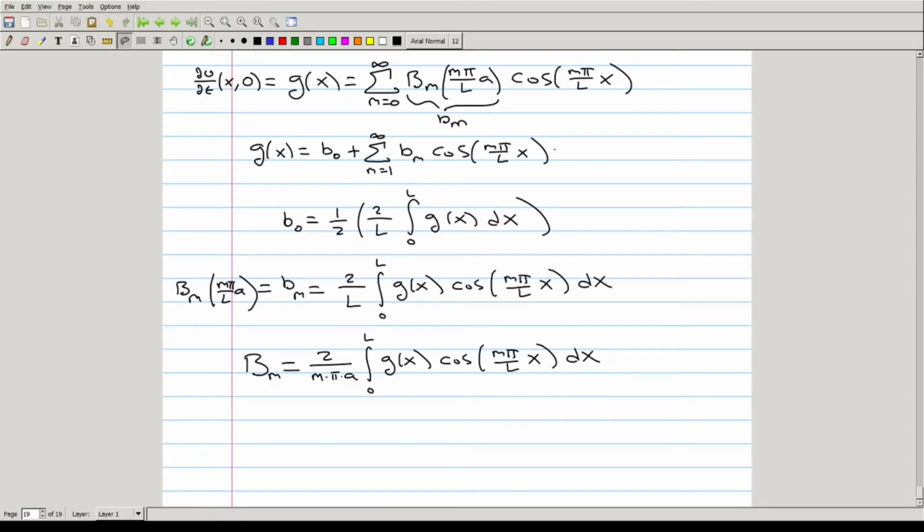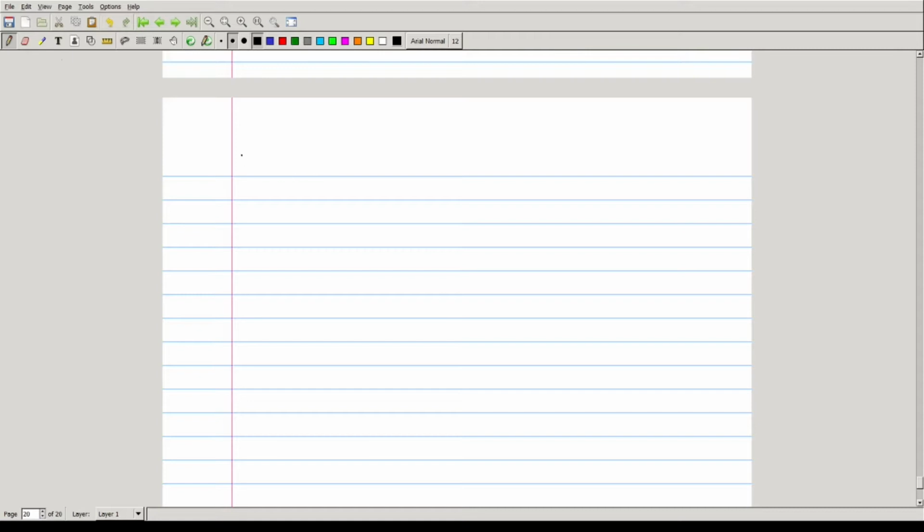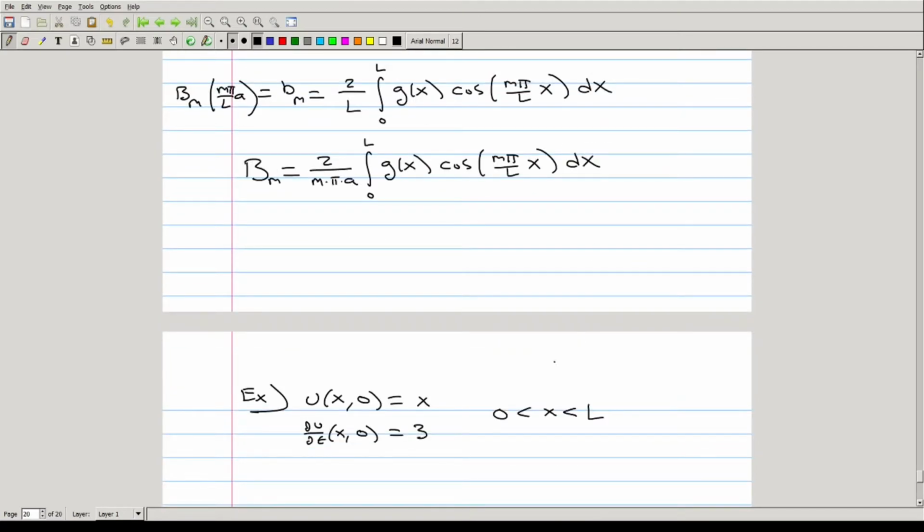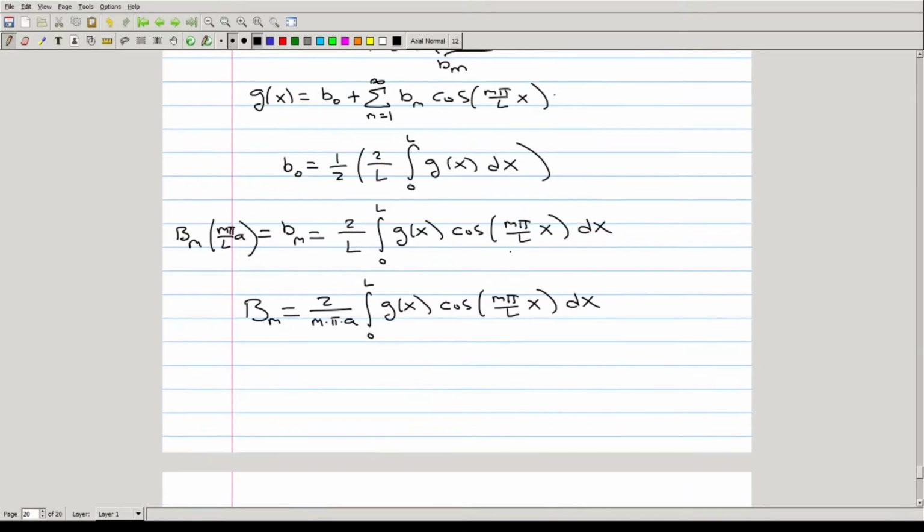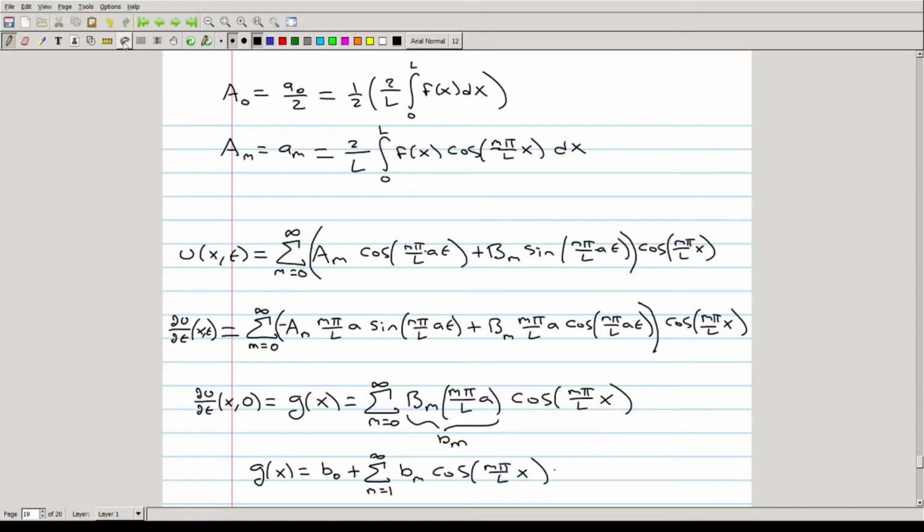So let's go through and do this for a specific set of initial conditions. Specifically, we'll assume that the initial displacement is the function x, and the initial velocity is the constant function 3, so positive 3. This is for x from 0 to L. So using our formulas for Am and Bm that we just derived and a naught,